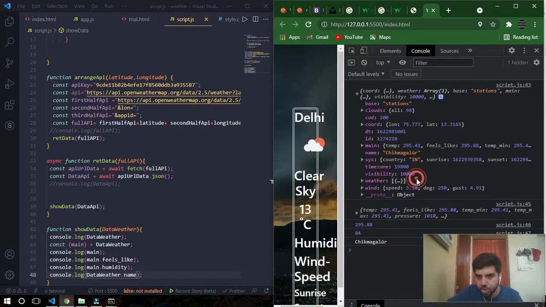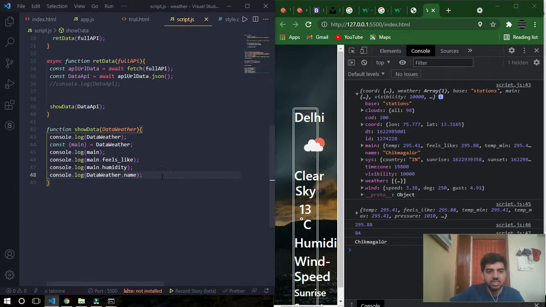So how to retrieve data from this weather array? It's very simple. How do you access every element of an array? By using the index. Think that if the array has 10 elements, then you will get the first element by using array of 0. Similarly, array of 10 will return you the 9th element. That principle we follow here.